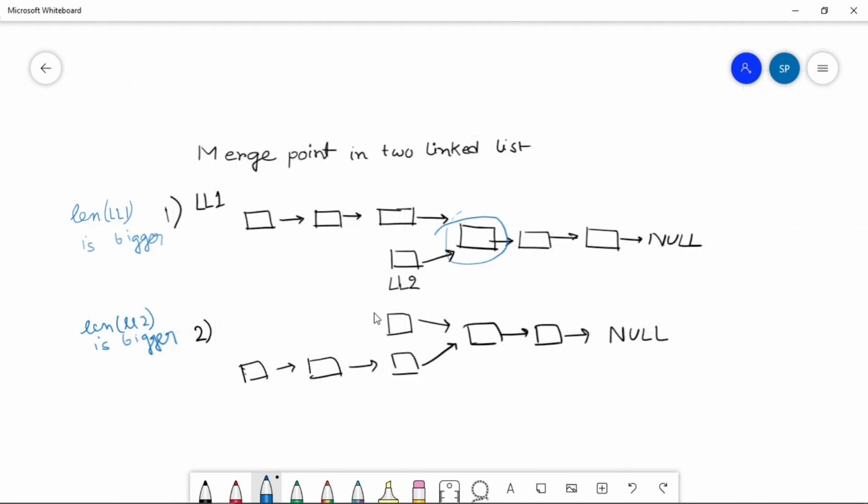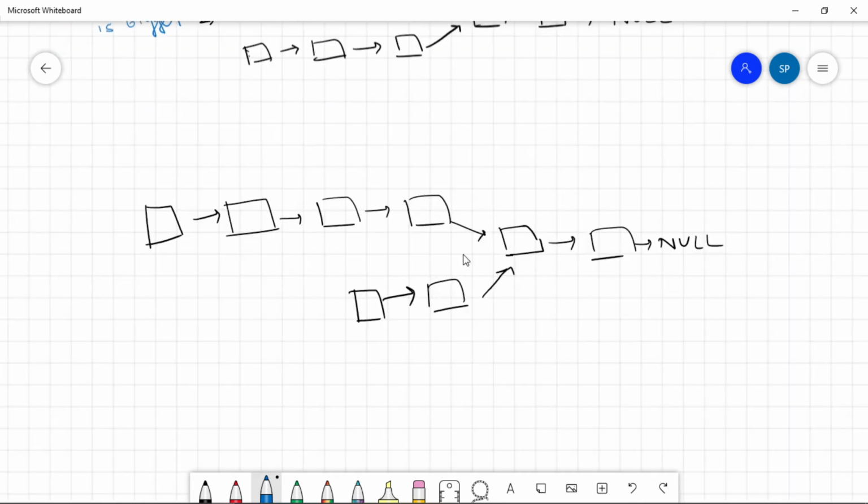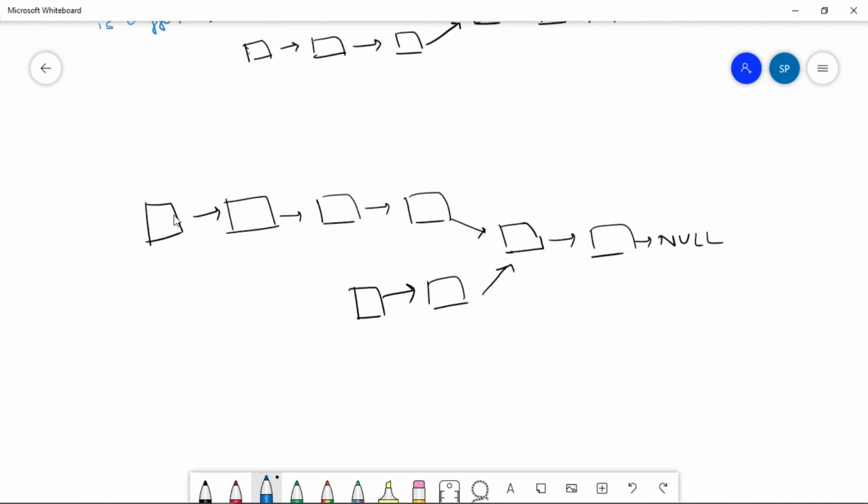First of all, we'll find the length of the two linked lists individually. Let's say case 1. Here this is linked list 1 and this is linked list 2.